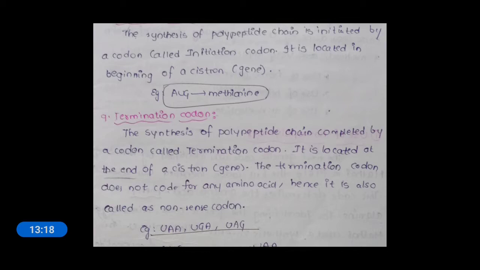So this is the sequence of reactions: when these termination codons or nonsense codons appear in the mRNA, what will happen? Immediately the translation process will be stopped and termination of the newly synthesized polypeptide chain will be observed.